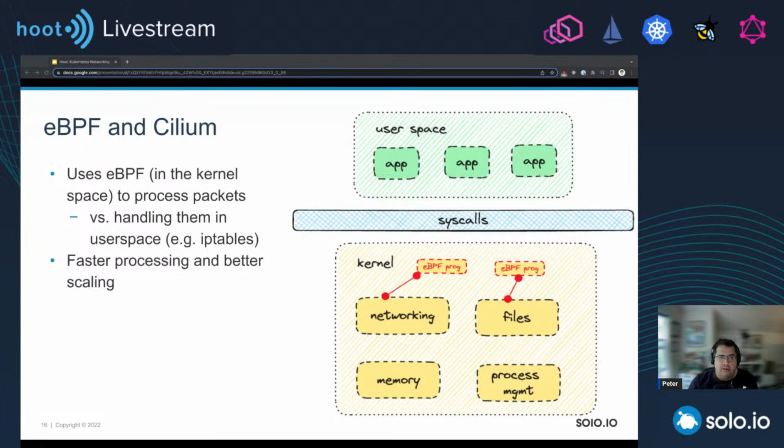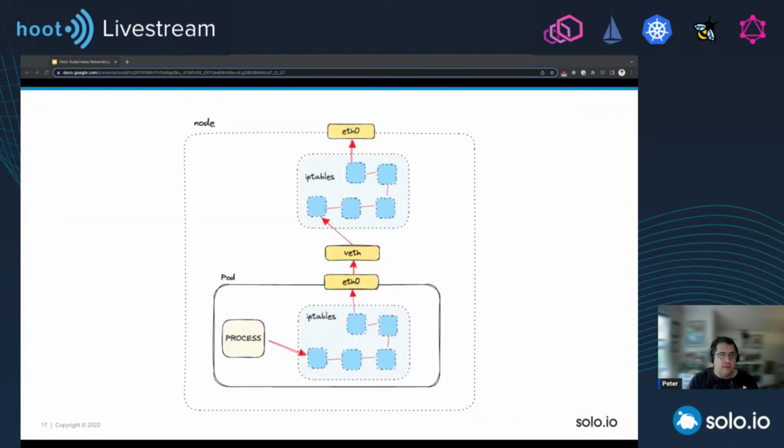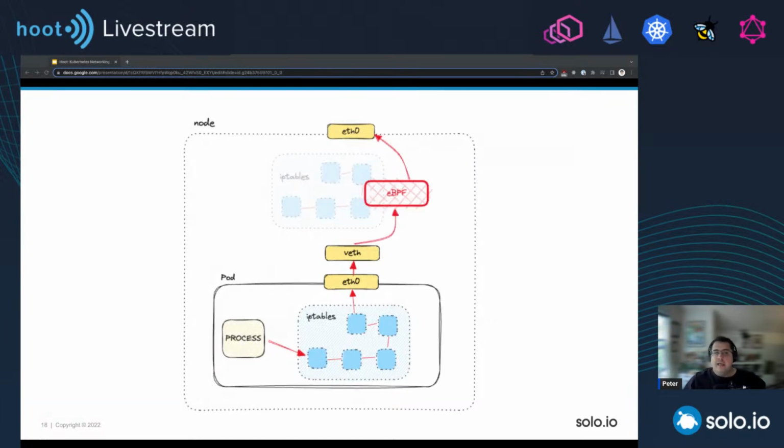So for example, a hook when the traffic enters, right? Or when the traffic is exiting, right? So instead of writing the rules in the user space and processing them there, you do it directly in the kernel. If you look at the diagram here, that just shows a very crude packet flow. It looks something like this. Whenever a process makes a request, the packets will flow through the iptables to the virtual interface and then through the iptables on the node to reach the node's interface. Now, what eBPF allows us to do is bypass those iptables that are defined in the user space and do everything in the kernel with the attached programs to the kernel hooks.